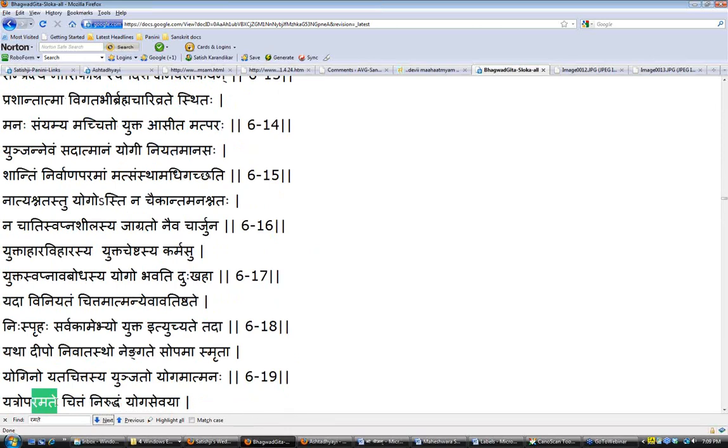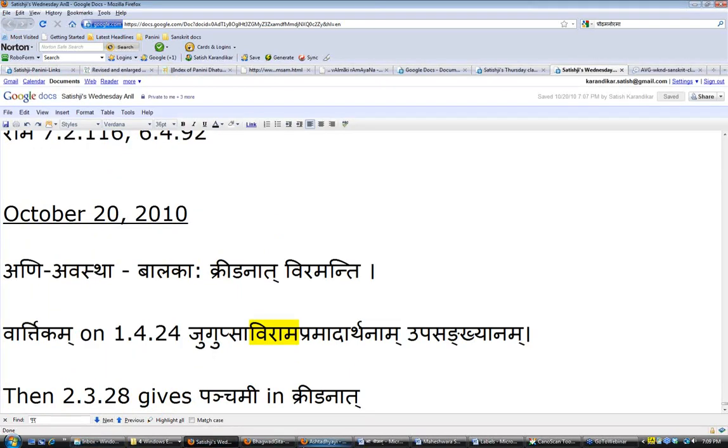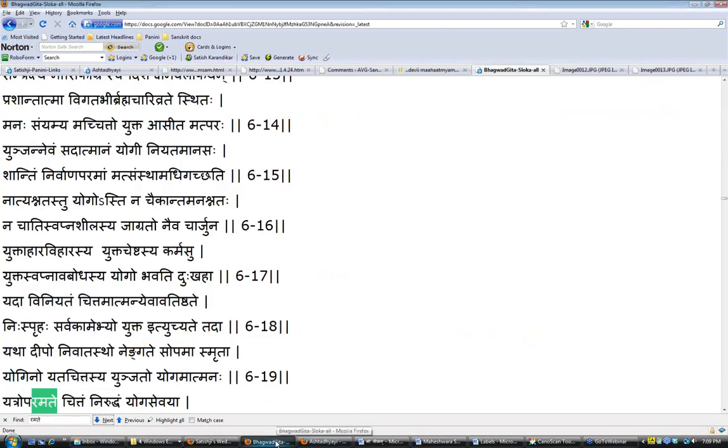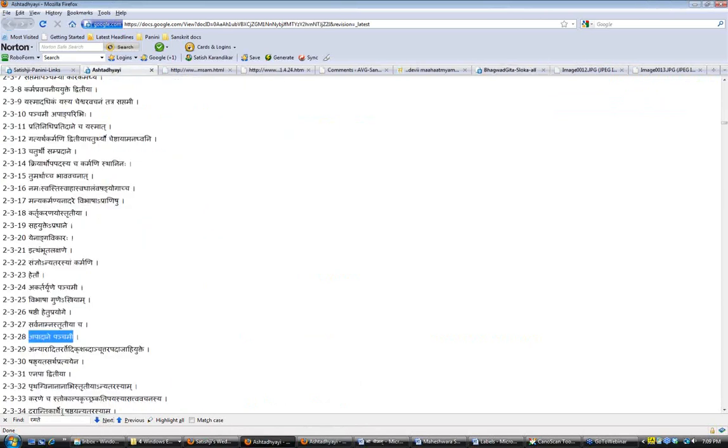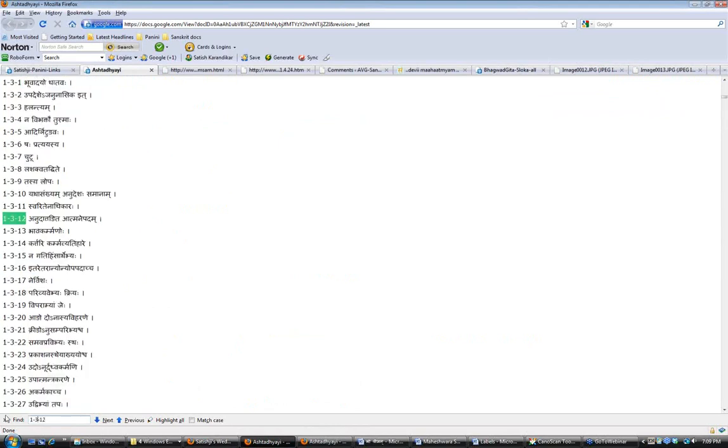But here, if an Upasarga comes, you have to be careful because it can change the pada. So let's go to the Ashtadhyayi and see where we have 1.3, which talks about the Atmanepada and Parasmaipada vyavastha. It all starts from 1.3.12, which says Anudattanita atmanepadam.